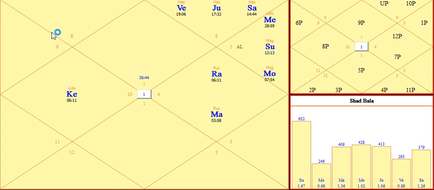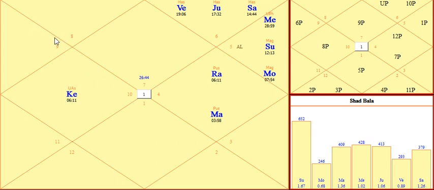Now let's calculate for the second house. Second house Scorpio is there, so Mars is the ruler of the second house. To calculate the second Pada, we have to see where Mars has gone. Mars has gone 1, 2, 3, 4, 5, 6, 7, 8, 9. Mars has gone 9 places away from the second house. So from this house again 9 places you have to count, which is 1, 2, 3, 4, 5, 6, 7, 8, 9. So the second Pada will fall in the 6th house. So we have seen here in the 6th house, 2P is written, meaning second Pada.